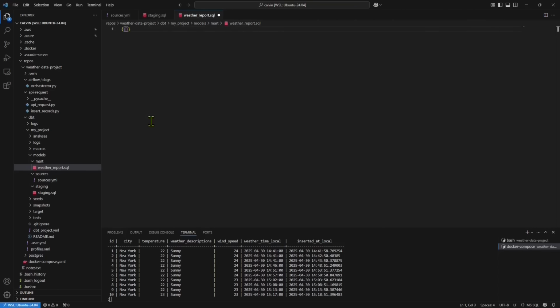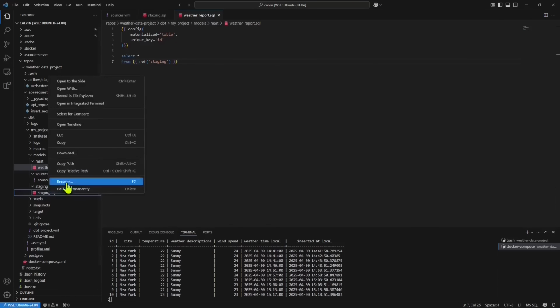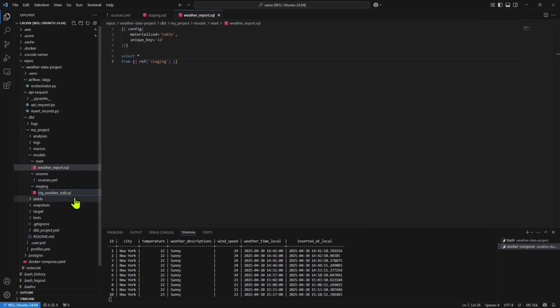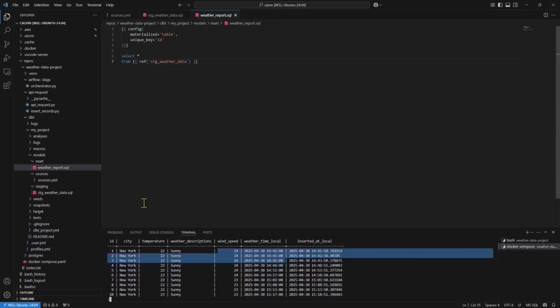So I'm going to set up my config block with the double curly braces, config, parentheses. I want this materialized as a table. The unique key is going to be ID. And I could do select star from double curly braces, I'm going to reference the staging model. Let's save. Actually, let's go by naming conventions. So I'm going to turn staging.sql to stg weather data, and then change the staging reference to stg weather data, and save. I realize I have some duplicate data in the first 3 rows, so I want to go back